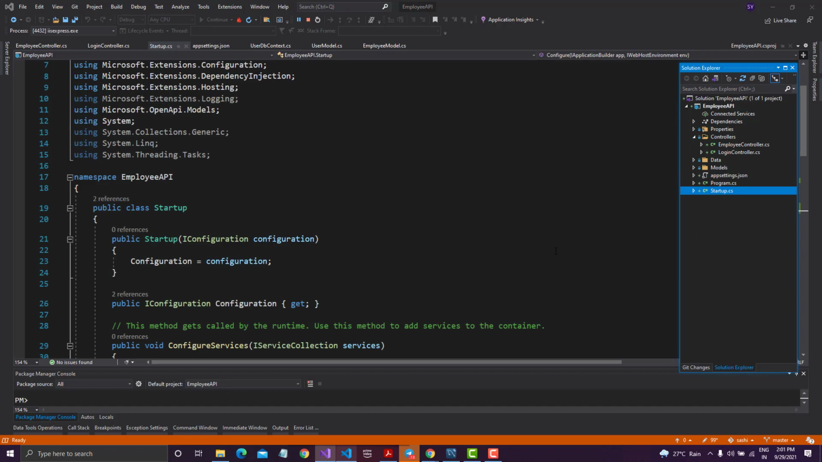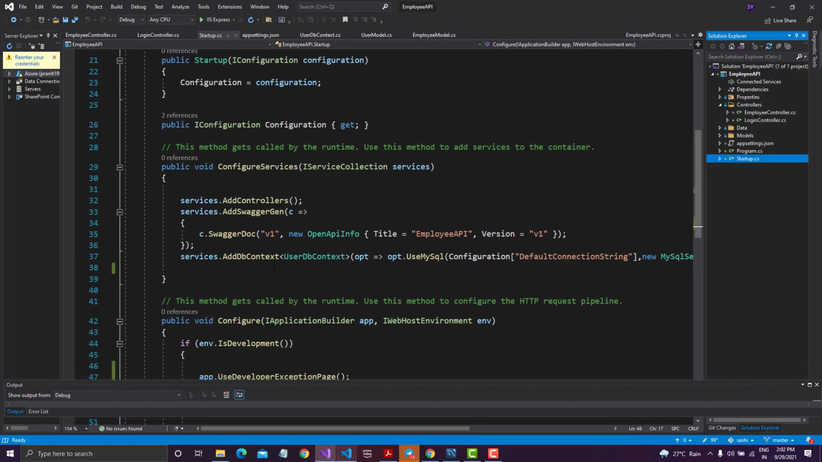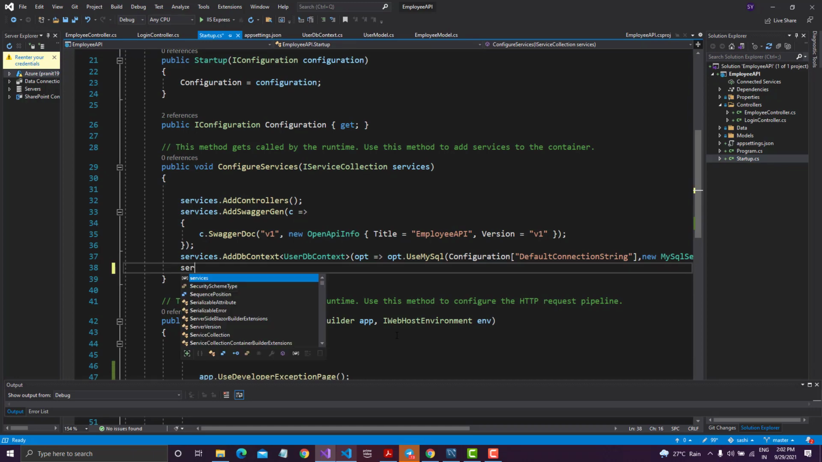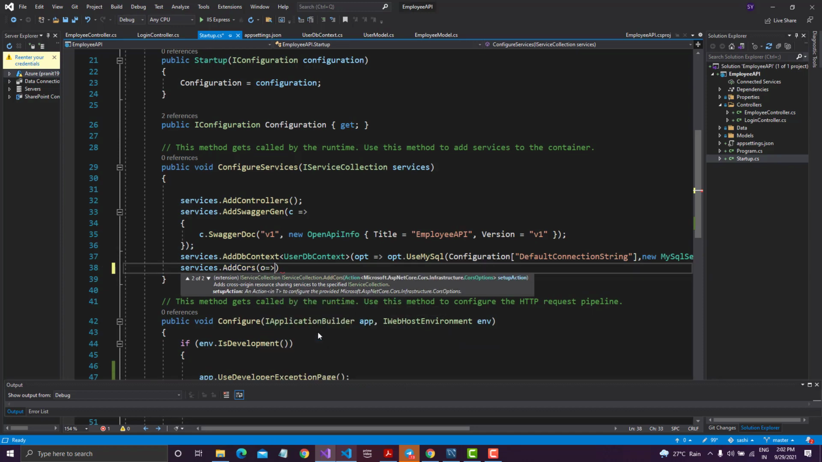So let me go inside my .NET Core application and go to the startup.cs class, because every configuration is done inside this configure services. Let me stop our application here and add a service for adding a CORS configuration. So I'll say services dot AddCors. This CORS service will take an option, and I can say o dot